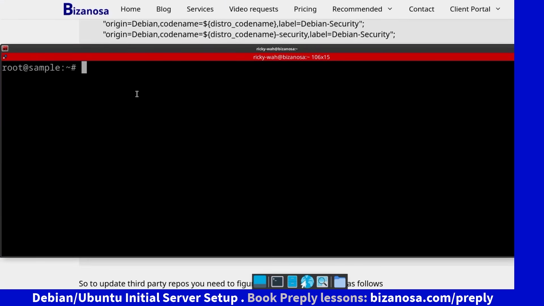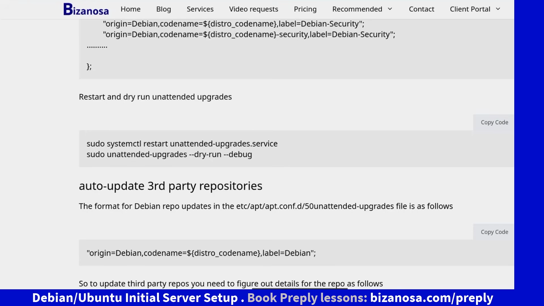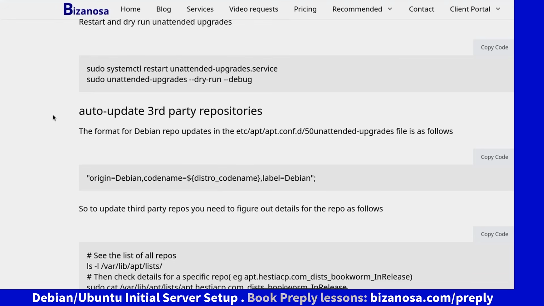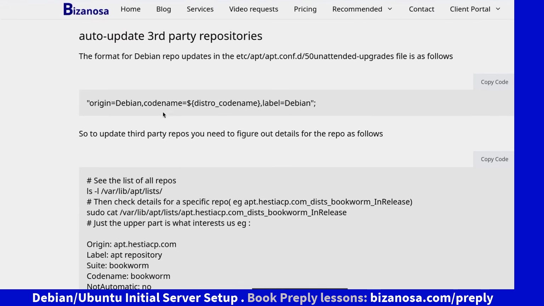So next, let's see how we can set up third-party repositories. And in this case, the third-party repository that we have is Kubernetes. So the first thing, let me open up VS Code. There, auto update third-party repositories. So the default